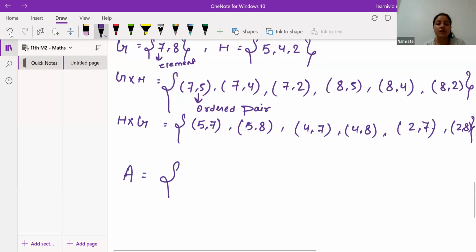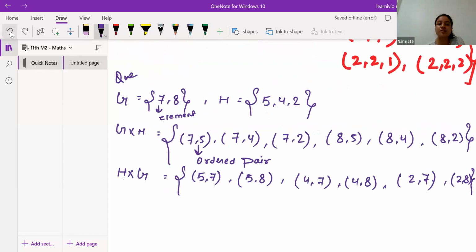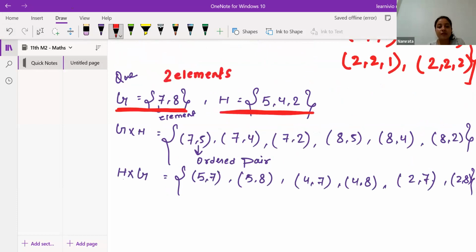Here set G is having how many elements, Lina? In set G, how many elements are there? 2 elements are there. And in set H, how many elements are there? 3. 3 elements are there. Then when we do the Cartesian product of G and H,